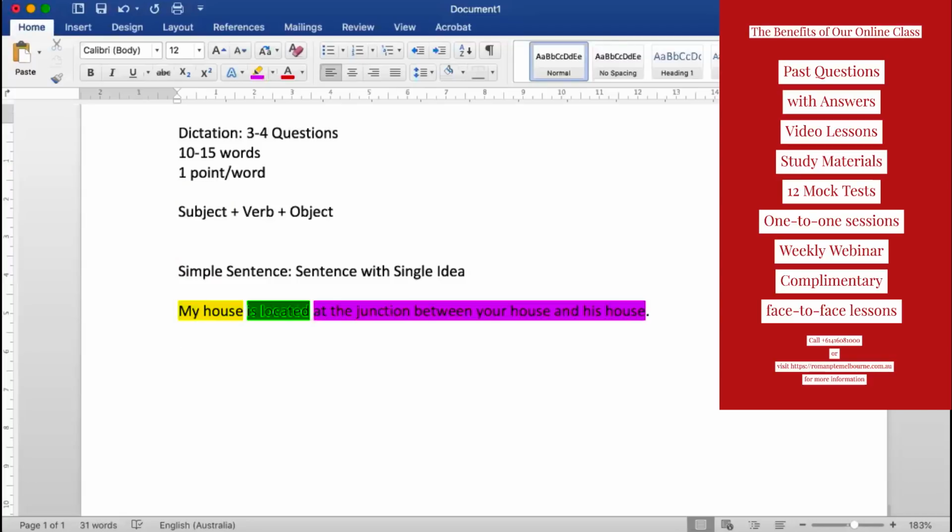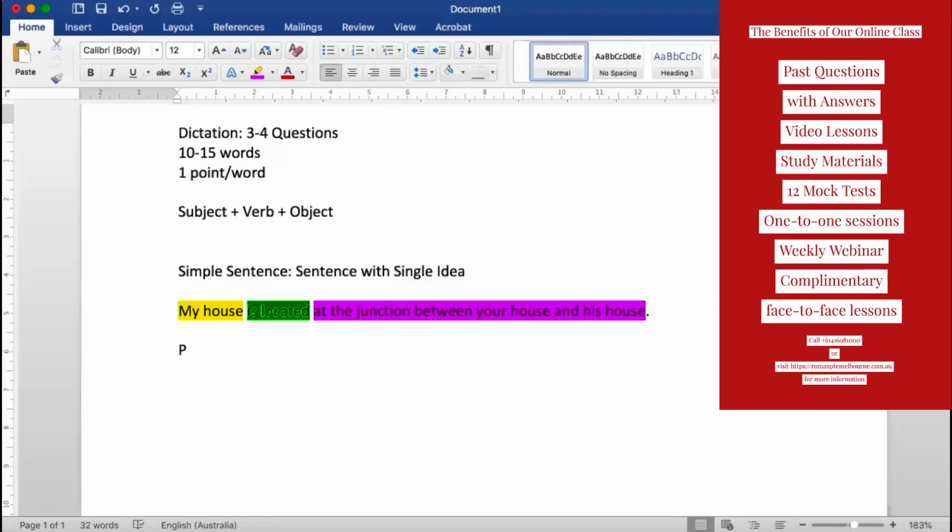So if you try to memorize my and house and is and located this way, it becomes too difficult. But if you focus on the phrases, then you can clearly see that you just have to memorize 3 phrases. One, you have to say my house. Then second, you have to say is located. Then third is the place, at the junction between your house and his house. So this kind of sentences usually have 3 phrases like this. The last phrase is usually about